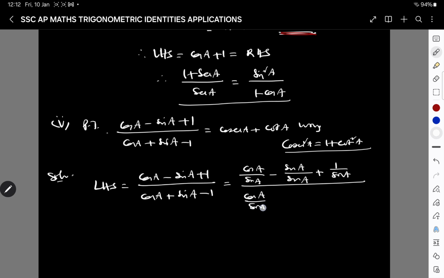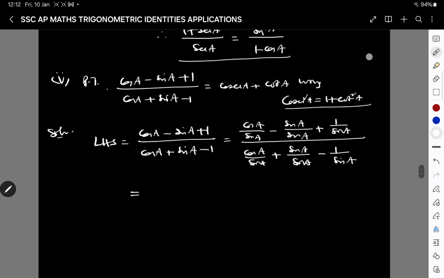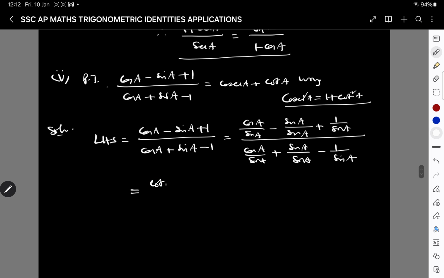Cos A by sin A plus sin A by sin A minus 1 by sin A. I divided numerator and denominator by the same, that is sin A. Now cos A by sin A is equal to cot A minus, it is given in terms of A. Sin A by sin A is 1. 1 by sin A is cosecant A, by, this is cos by sin again, cot A plus 1 minus cosecant